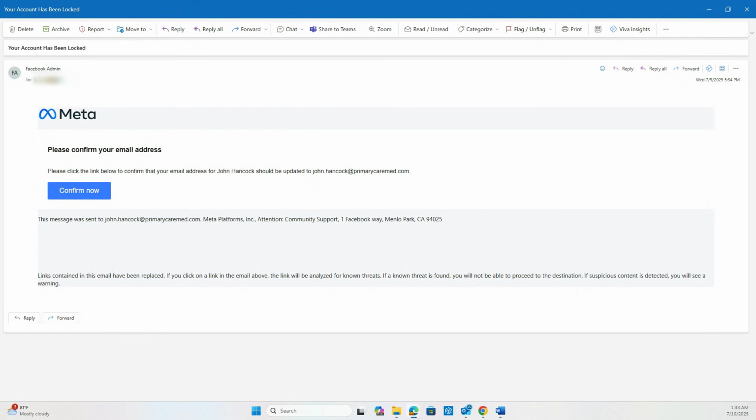So before we get started, what is a phishing email? A phishing email is a fake or deceptive message that's designed to trick you into revealing some sensitive information like passwords, credit card numbers, or login credentials, social security numbers, that kind of thing. It's often going to look like it's coming from a trusted source like a bank, perhaps a coworker, or a